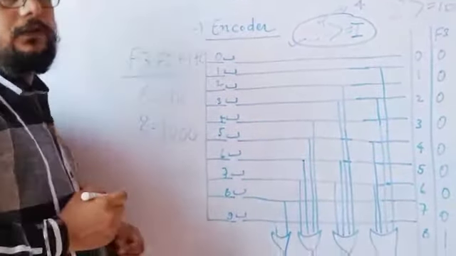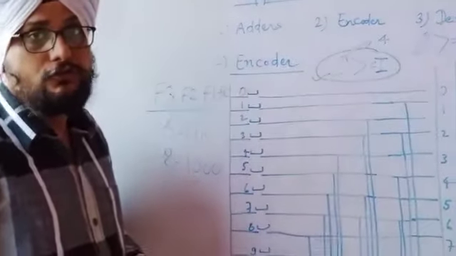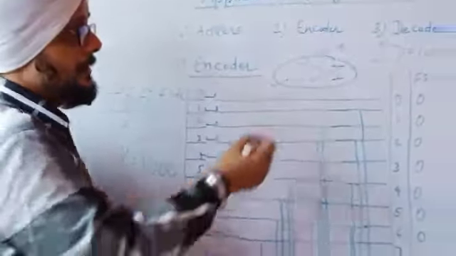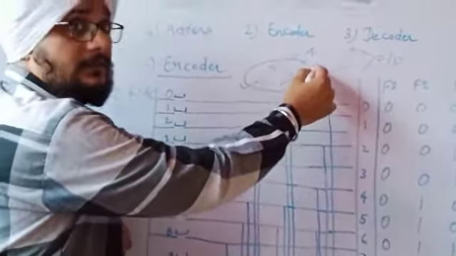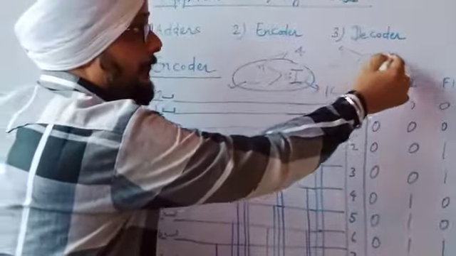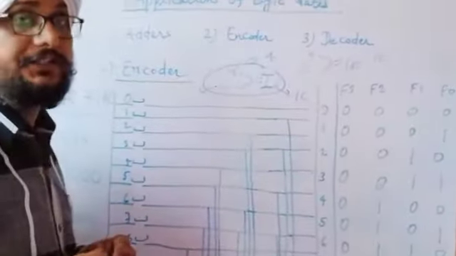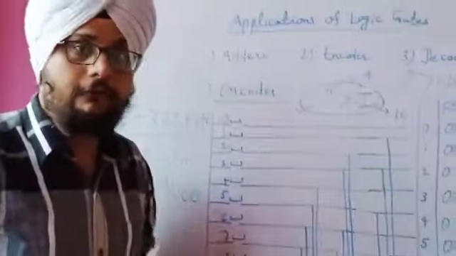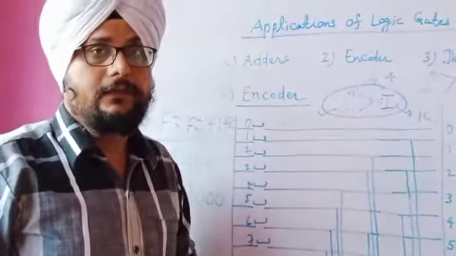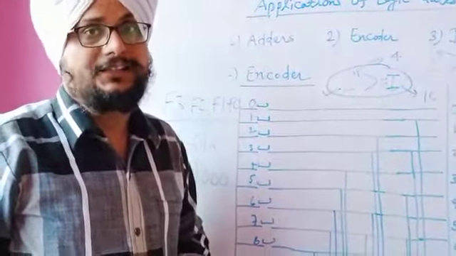On the basis of this, you can make a hexadecimal to binary converter also, but you will have to increase the number of inputs here. Earlier the number of inputs were 10. In hexadecimal the number of inputs will be 16, but the value of n will be 4 only, because on putting 4 we will get 16. This condition will be satisfied. So in case of hexadecimal also the number of outputs will be 4 only. Try this with the help of decimal to binary; you try to convert hexadecimal to binary. In case you find difficulty, you can ask your problems from me in the next class. Thank you.